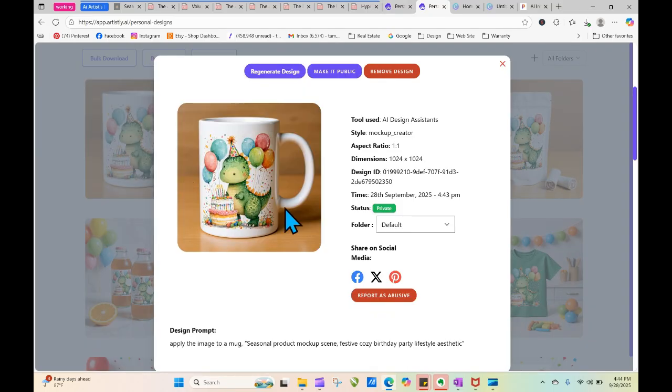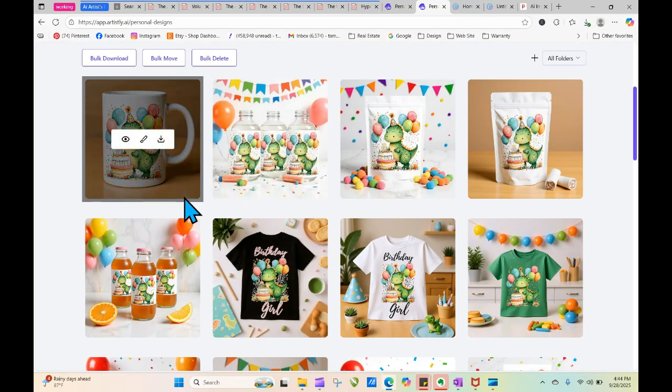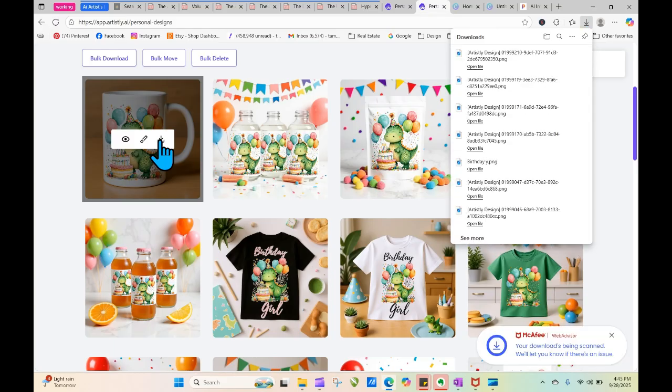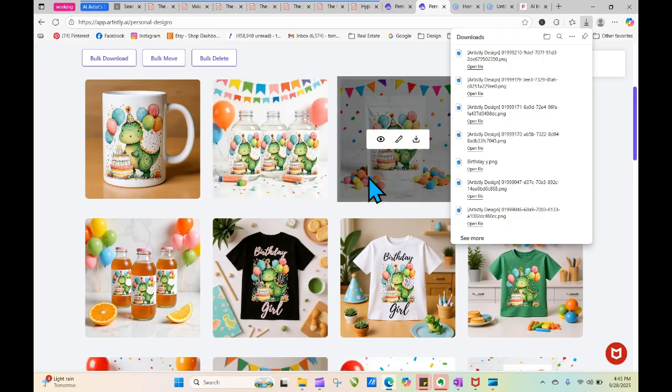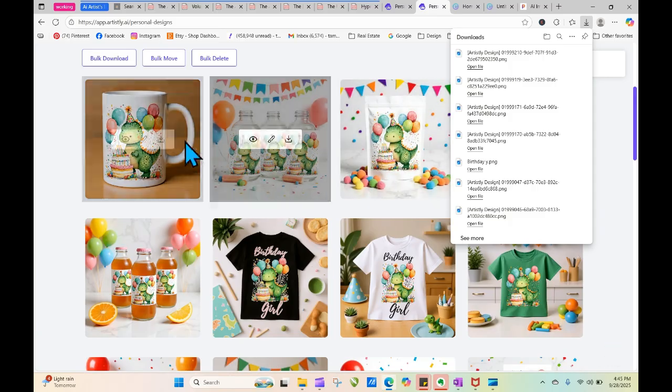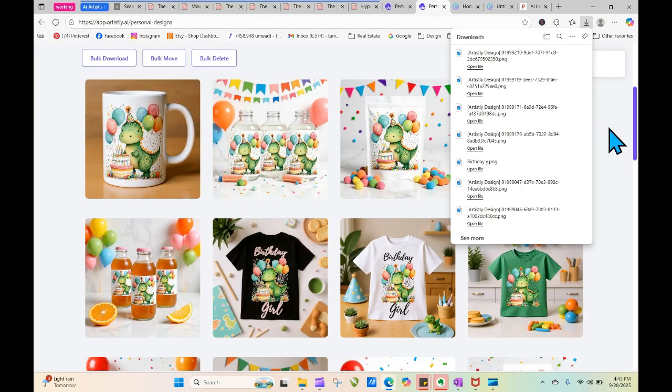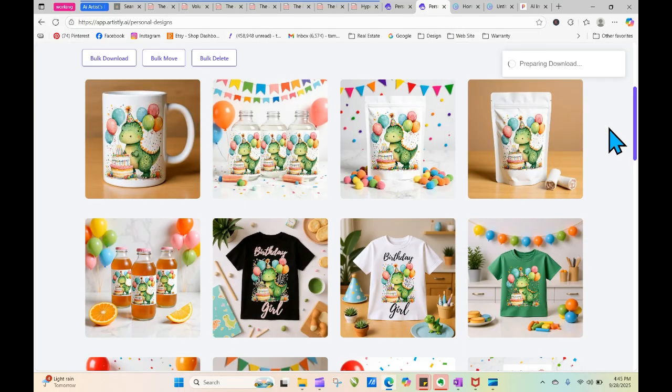There's our mug. So see, now we could download this mug, and that would be a really good way to show, because when you're selling clip art, you definitely need to say this is not included. This is for the clip art, but you can show these lifestyle applications of how people can use it. So even if you don't want to sell the actual party items, you could use these as examples as long as you put a little tagline on there that says, these are some things you can do with my art